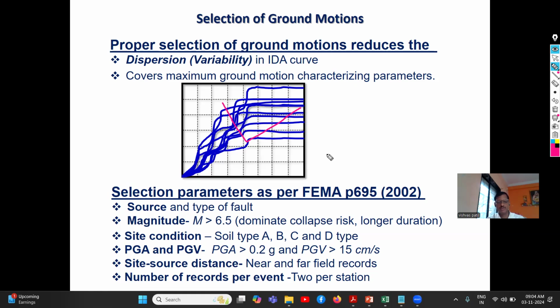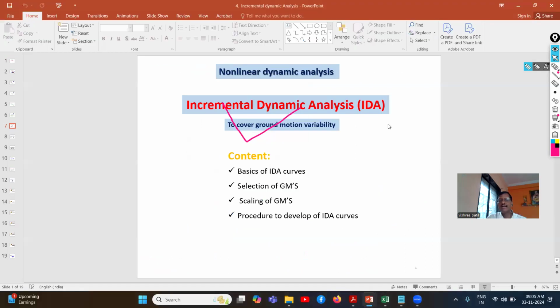So therefore, again, thorough knowledge is needed, because many researchers have extensively worked on the selection of the ground motions. This is a very deep area: how many ground motions should be selected, what is the intensity measure, and what is the selection criteria for damage measures. So those who are interested to work with IDA, first of all, read the literature very thoroughly and study all these parameters deeply. And next is about